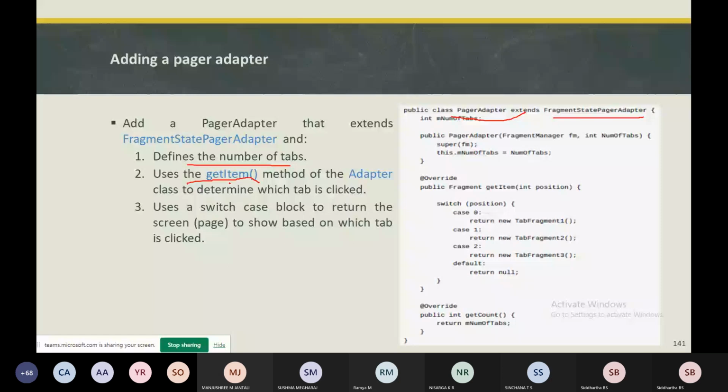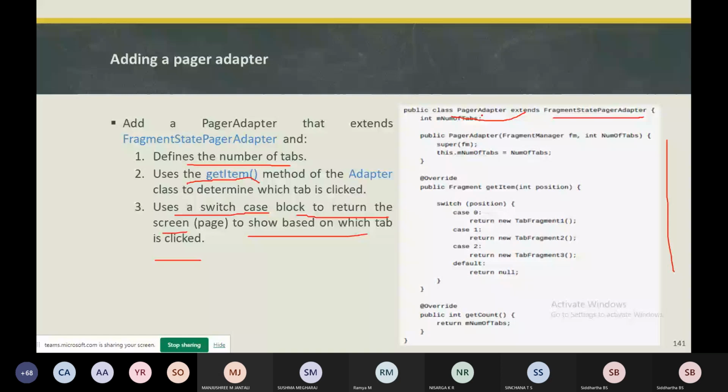Next, you use a switch case. Why the switch case? A switch block to return the screen to show based on which tab is clicked. As you see in this example, this PagerAdapter extends the FragmentStatePagerAdapter. Here we are defining the number of tabs.